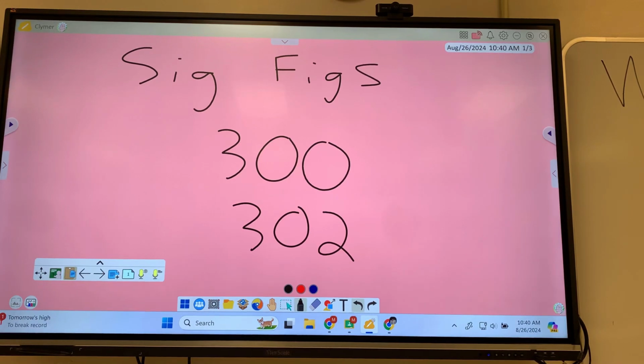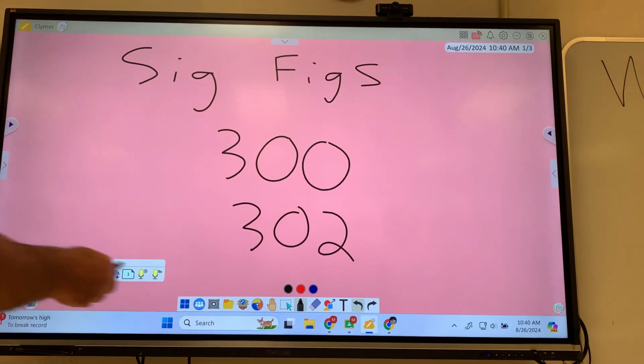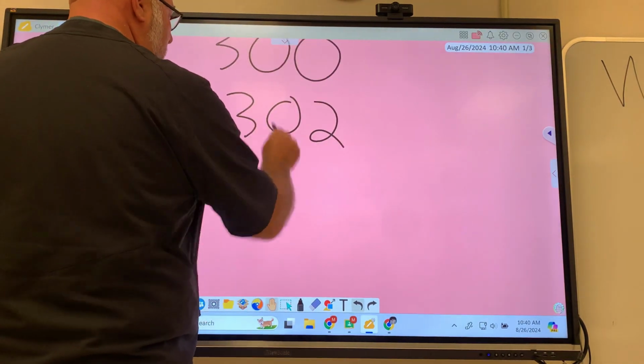In science, we can't have that ambiguity. We can't be like, well, I don't know if he's sure this time and maybe another time he's not. I can't rely on the number being precise in and of itself. I need a way to signify that, right? And that's the whole point of sig figs with numbers. And we talked about this a little bit with scientific notation, for example. There's a way to always be exactly precise and know how many sig figs you have in some number. So let's get into the nuts and bolts of how we actually do this.